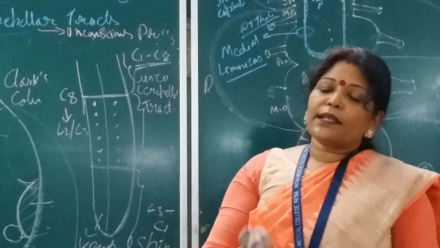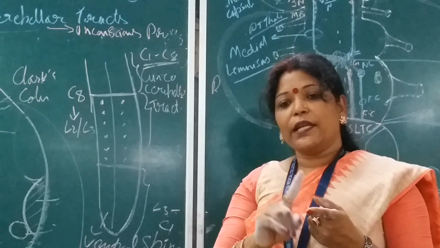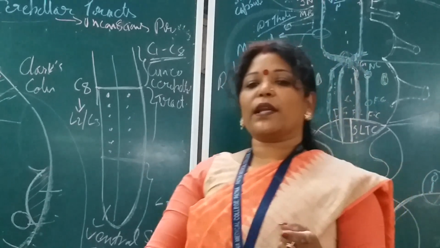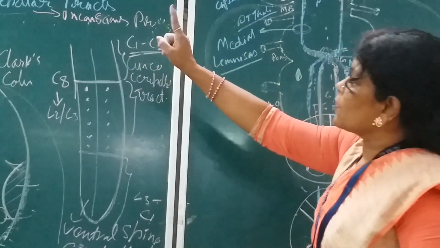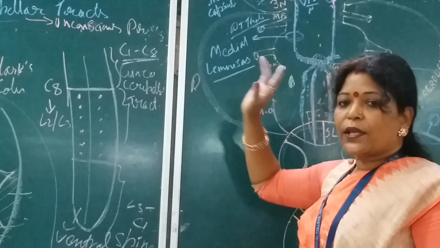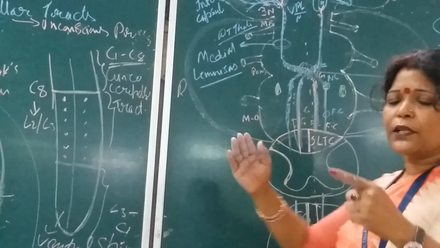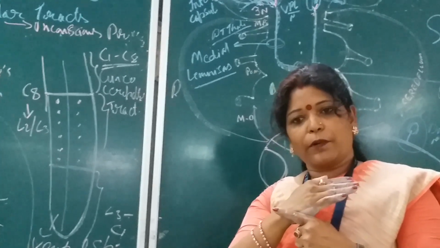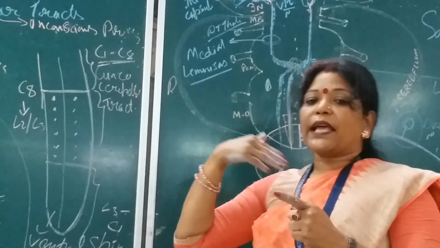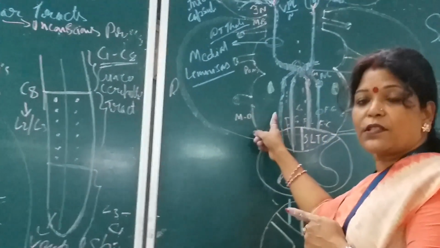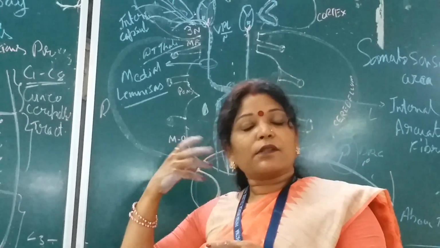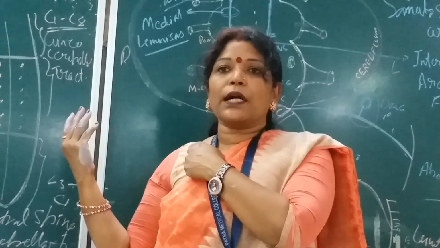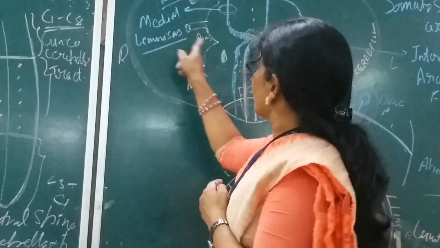So, in the sensory pathway, there are two terminologies: internal arcuate fibers and external arcuate fibers. Internal arcuate fibers you get in the ascending dorsal column medial lemniscus pathway, after the crossing of the fasciculus gracilis and cuneatus fibers in the medulla oblongata. Those were carrying conscious proprioceptive impulses, but now the unconscious proprioceptive impulses will reach from the upper limb and the cervical area to the cerebellum via the inferior cerebellar peduncle.